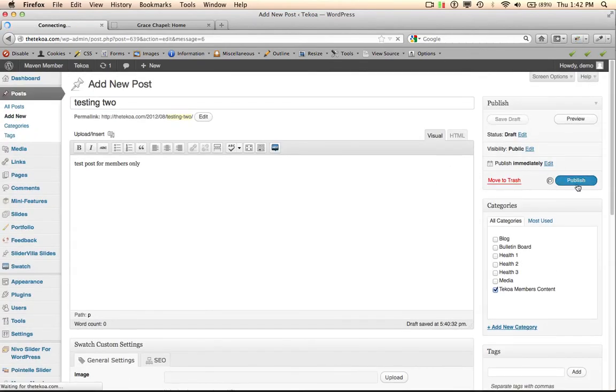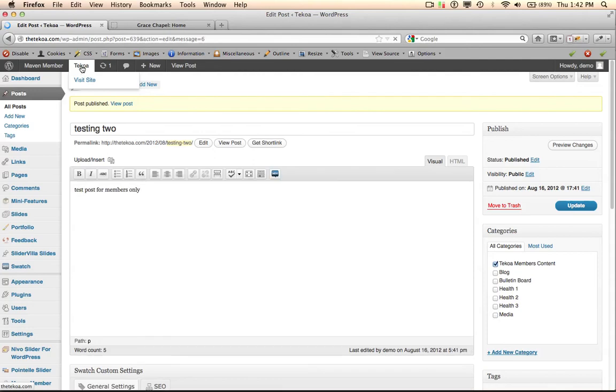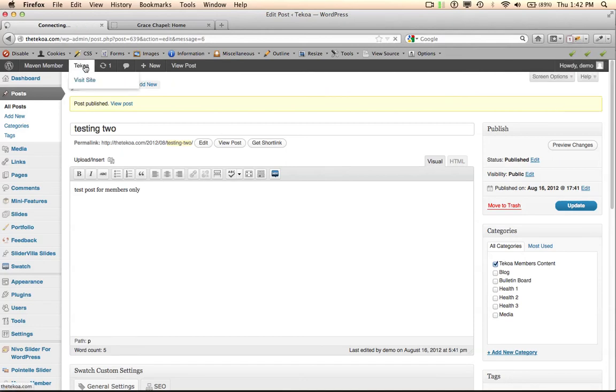Now remember, we're not logged in. So that means that when I go to the site, oh, actually, I'm sorry, we are logged in. I logged in, that's why we're in the backend section. I'm logged in under Howdy Demo. So now that we're logged in,